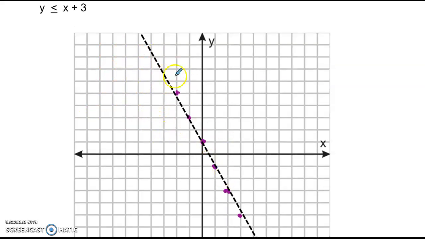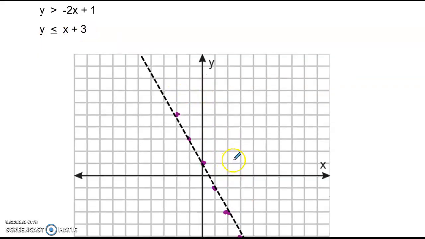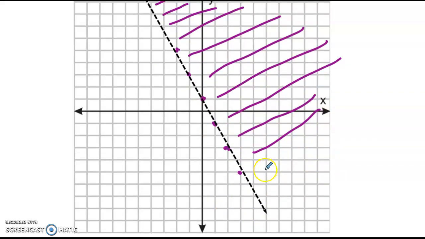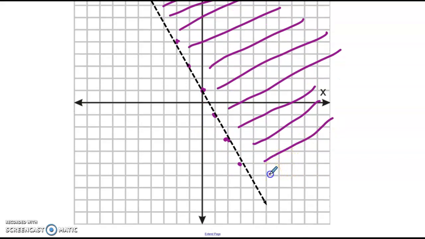If you imagine this is like a mountain face and you're climbing up the mountain. Well, since y is greater than negative 2x plus 1, all the ordered pairs are going to be above. They're going to be on the mountain, right? So that means you're going to be shading on this side. This will be where all the greater values are. So that's our solution. A dotted line with a slope of negative 2 that passes through positive 1, and we